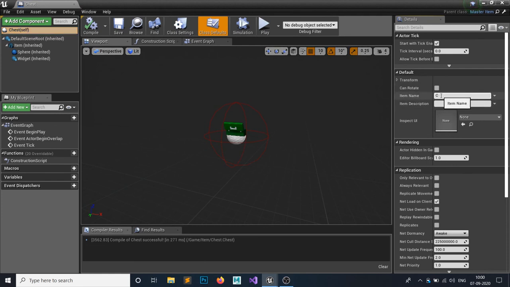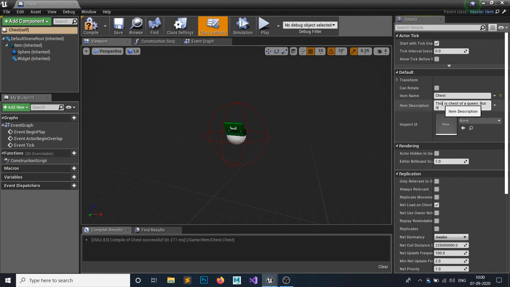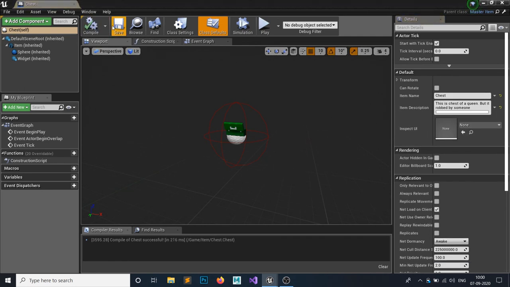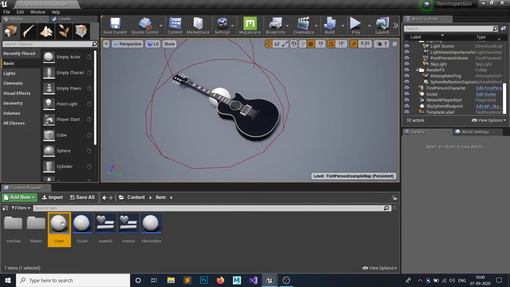So the name of the item is chest, and the description is: this is the chest of a queen, but it was robbed by someone. Compile and save, and let's see if it's going to work or not.